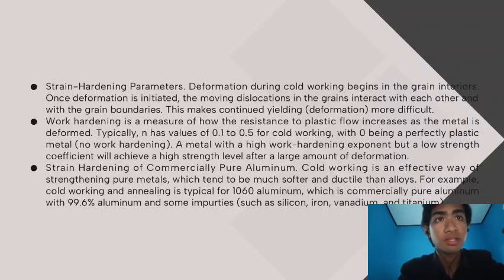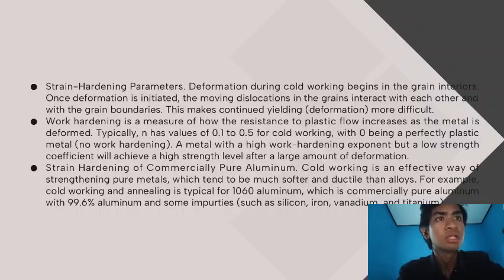Strain hardening parameter. Deformation during cold working begins in the grain interior once deformation is initiated. The moving dislocations in the grains interact with each other and with the grain boundaries. This makes continued yielding more difficult. The result is work hardening, and the work hardening effect continues to build with continued deformation of the grains. Work hardening can be described by the following empirical relationship in terms of flow stress: